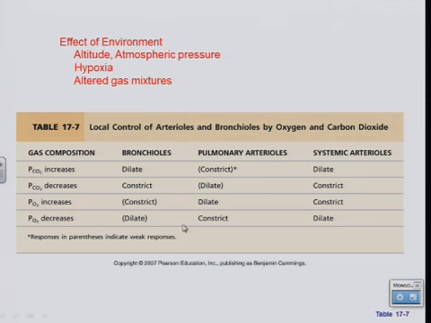And once again, that causes further constriction, because if the vasculature constricts, we decrease the CO2, and if we decrease the CO2, we get more bronchial constriction. So in asthmatics, once they get a little bit of constriction, it will also spiral into a lot of constriction. So it's important that asthmatics use their puffers at the very early signs of restriction or bronchial constriction. So we talked about altitude, hypoxia, altered gas mixes. Anything that affects the partial pressure of oxygen, you're going to see some of these responses.